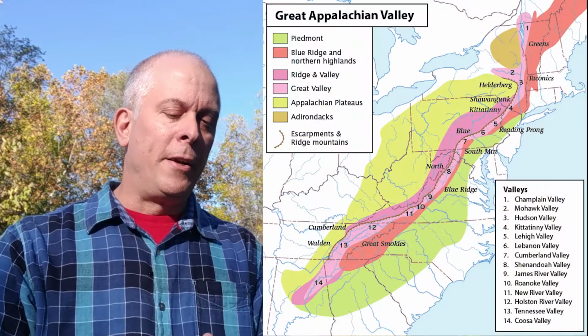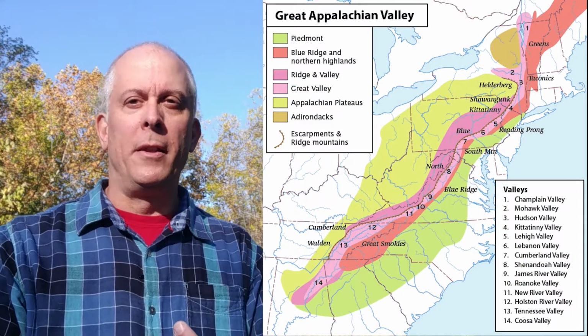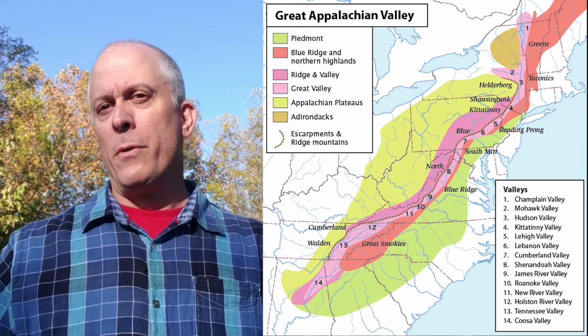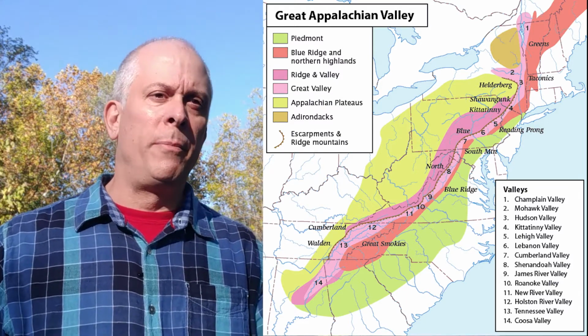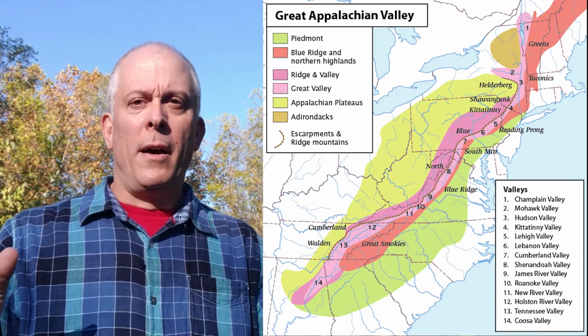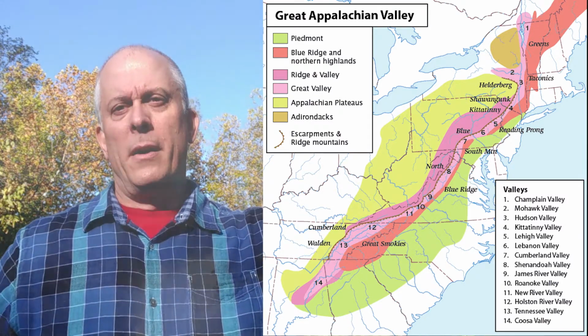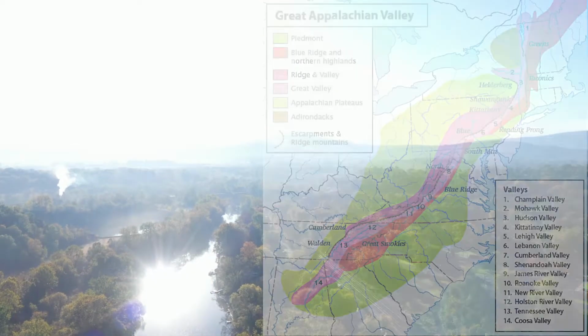Valley. If you were to talk with the folks up near campus in Cumberland County, they would call it the Cumberland Valley. So the Shenandoah Valley, the Cumberland Valley, the Lebanon Valley, the Lehigh Valley, even the Hudson Valley, the Roanoke Valley, all of those are simply the local names of their local rivers that follow a portion of this